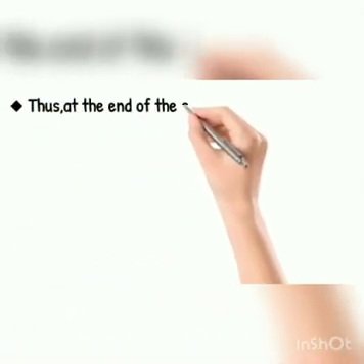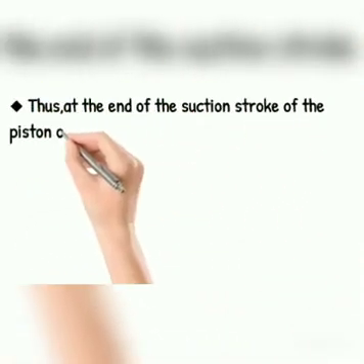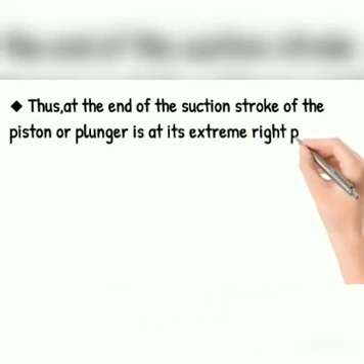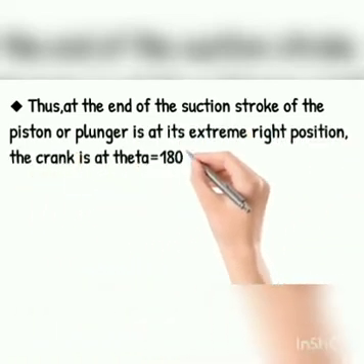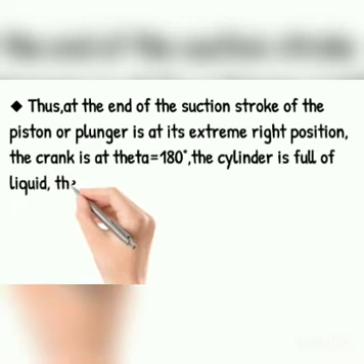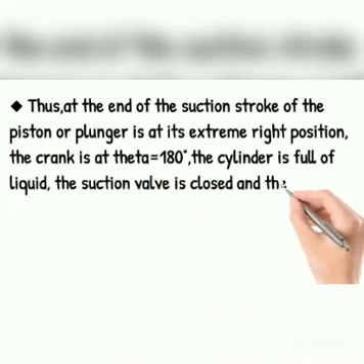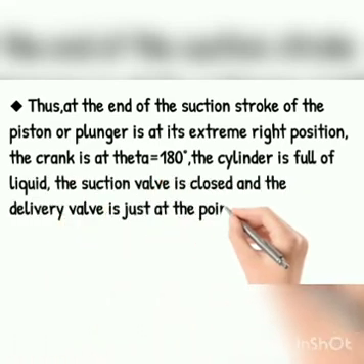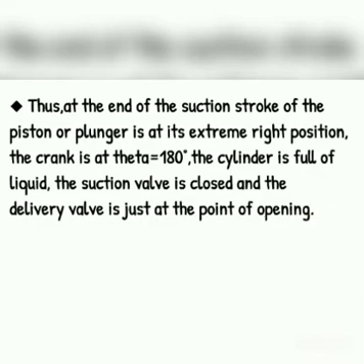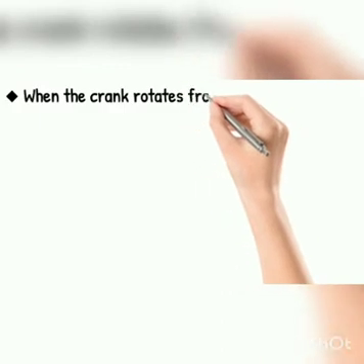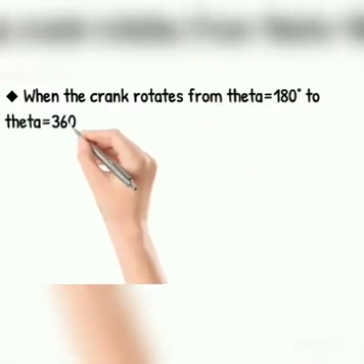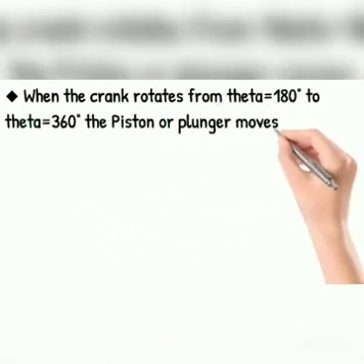At the end of the suction stroke, the piston is at its extreme right position. The crank is at theta equal to 180 degree, that is, at its outer dead center. The cylinder is full of liquid, the suction valve is closed and the delivery valve is just at the point of opening. When the crank rotates from theta equal to 180 degree to theta equal to 360 degree,